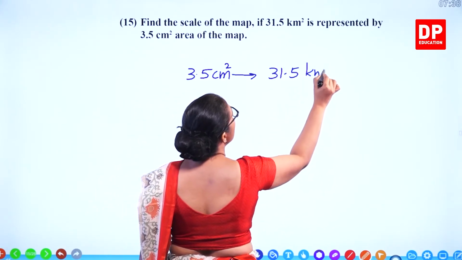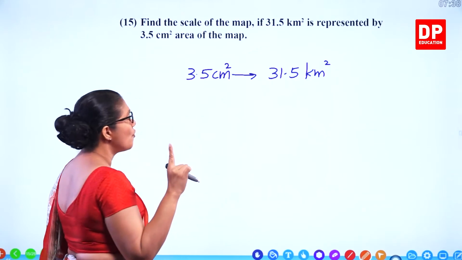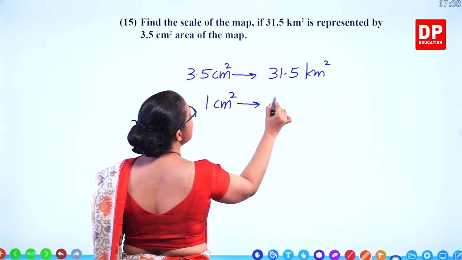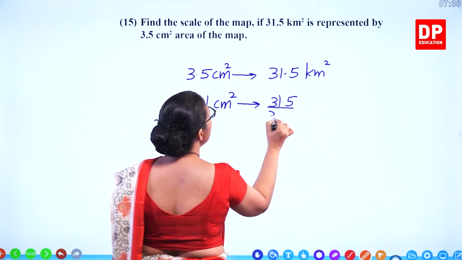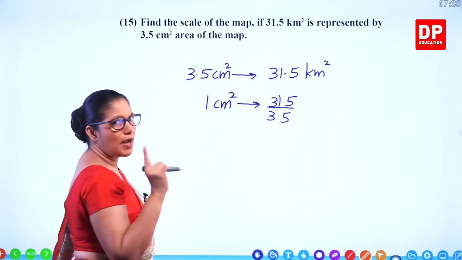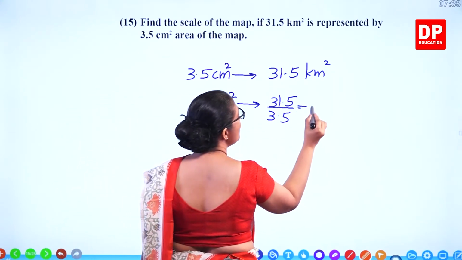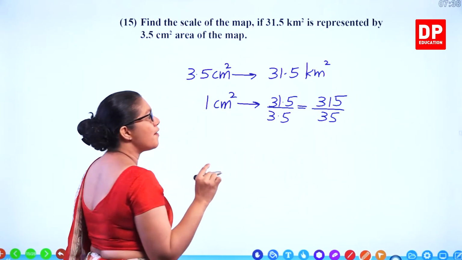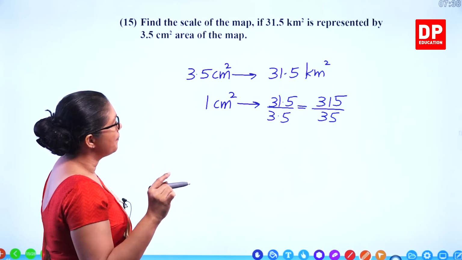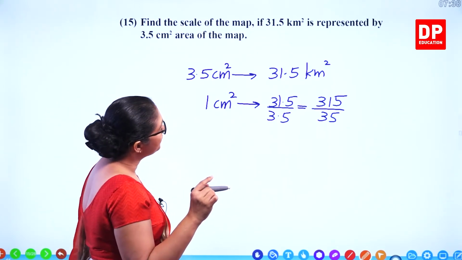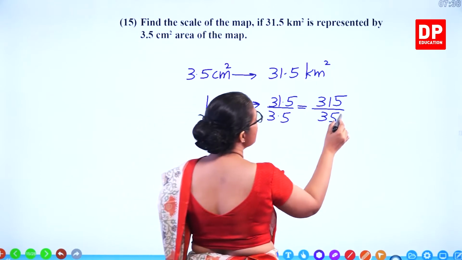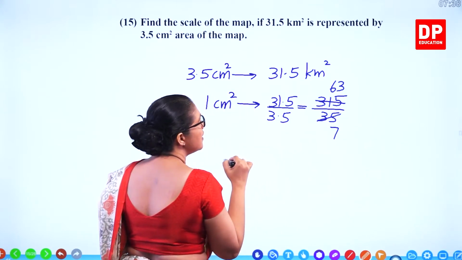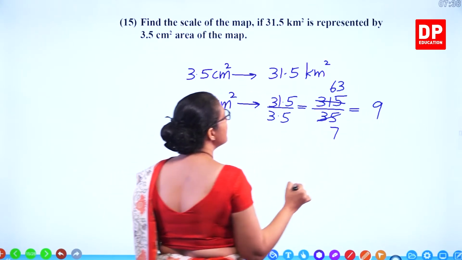31.5 kilometer squared. So we need to find for 1 square centimeter. So what does 1 square centimeter mean? 31.5 divided by 3.5. You can't divide by a decimal, so we'll multiply both the numerator and the denominator by 10. So it becomes 315 and 35. Now divide. What's the value? 5 times 7, 5 times 6, 30, and here 3. So 7 times 9. So you get 9